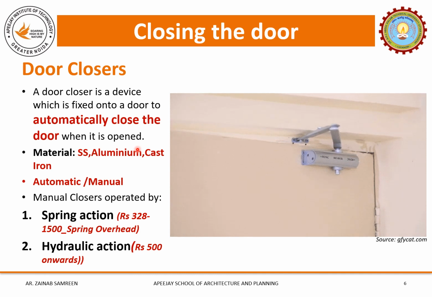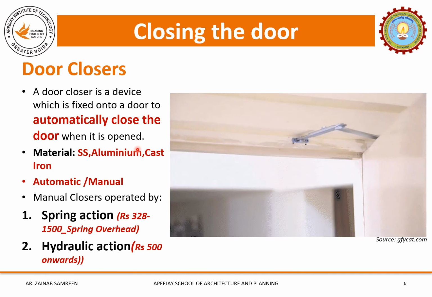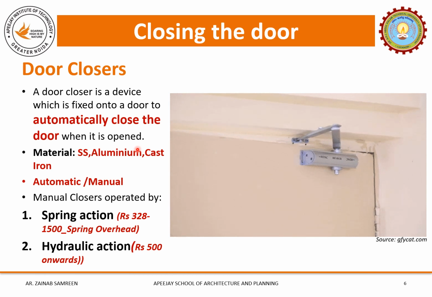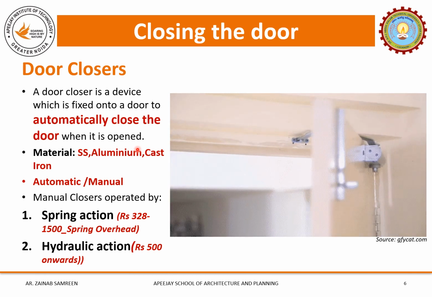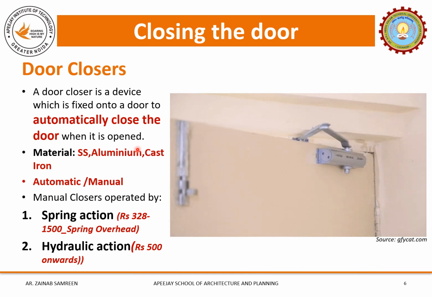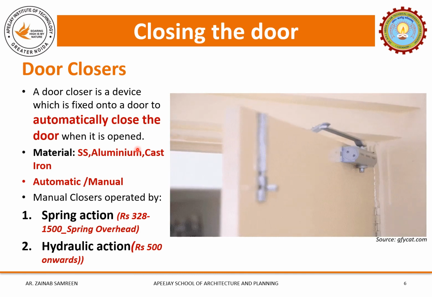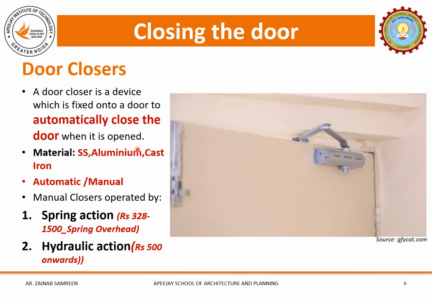It also serves a variety of functions as it closes and latches doors in a controlled operation. Now, if we look into the history of the door closure, then we can say that gravity may be considered to be the first door closure. Before any mechanical devices were attached to doors to close them, the way in which the door was hung would automatically close the door once opened.